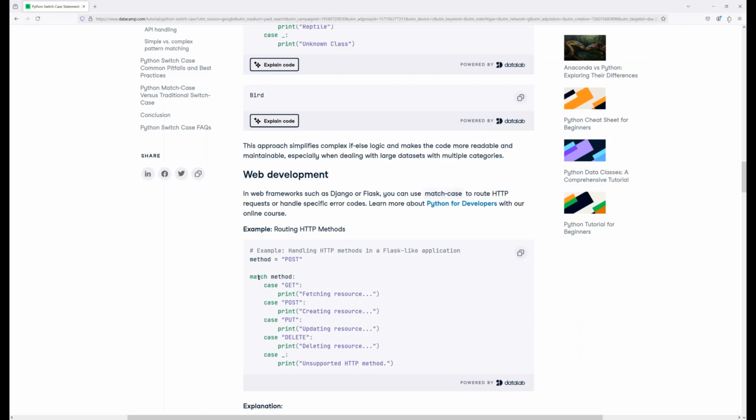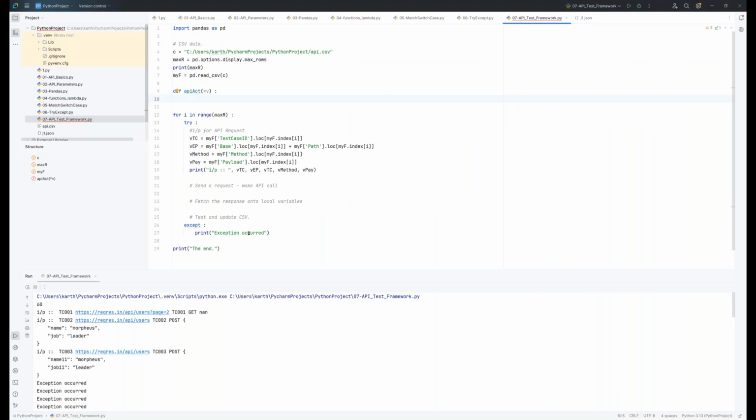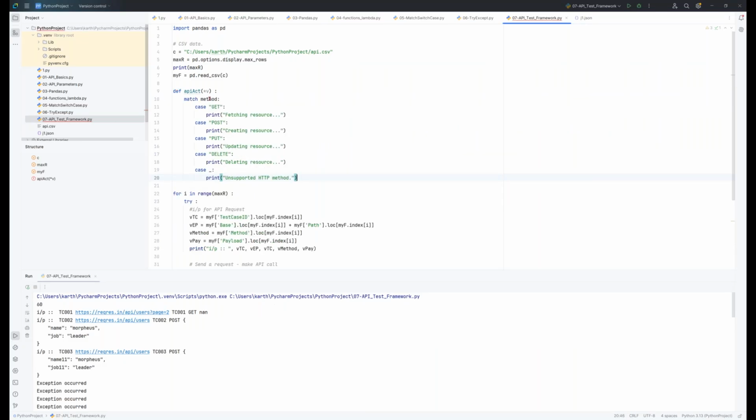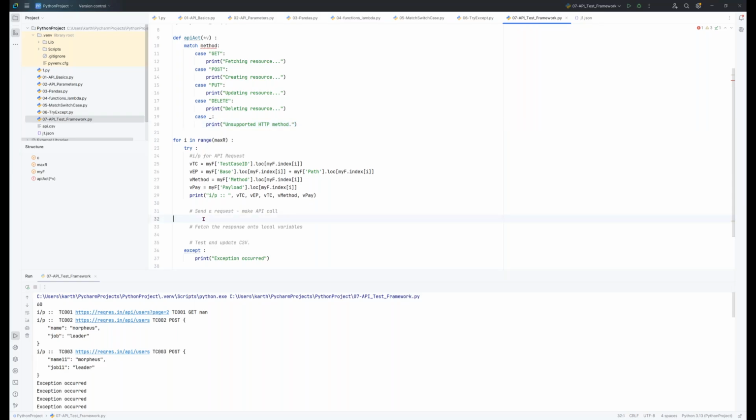Let's copy this. Match each of these, and method is what we're sending. So copy this, go back to our code here, define. I don't know where I'm sending the method in, but let's say if I want to call, the way I'm sending it is